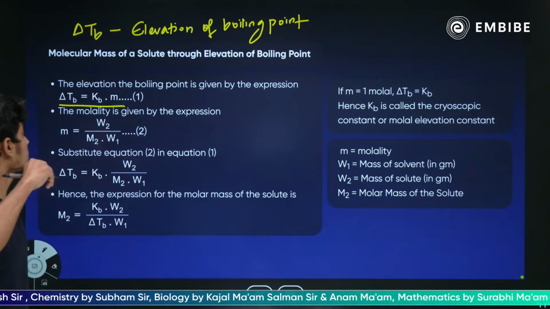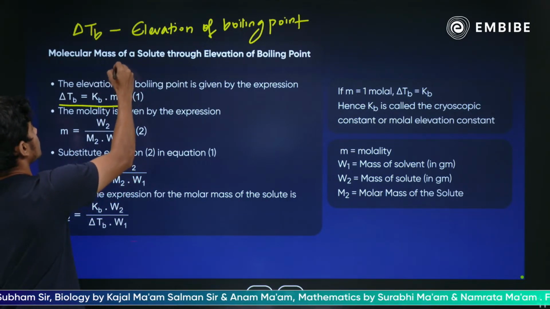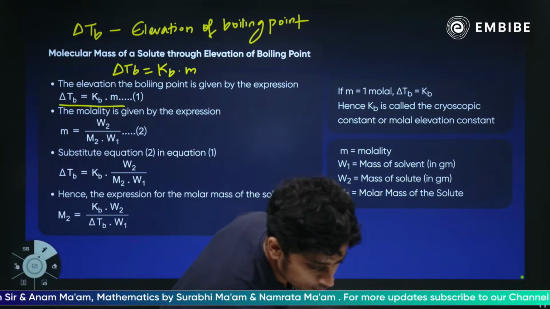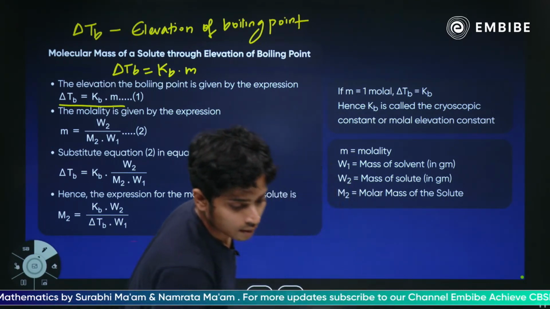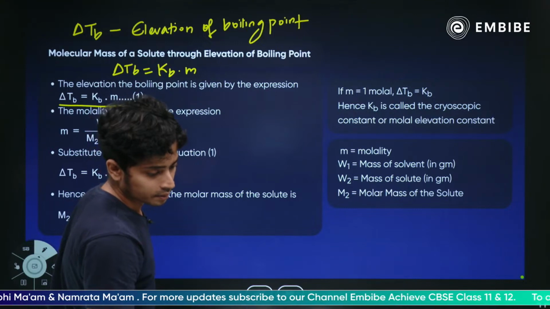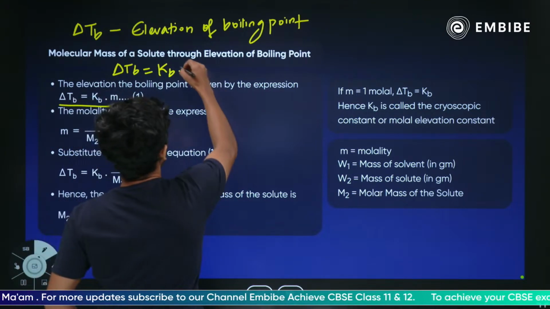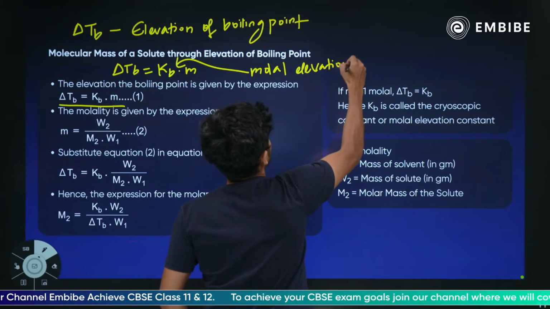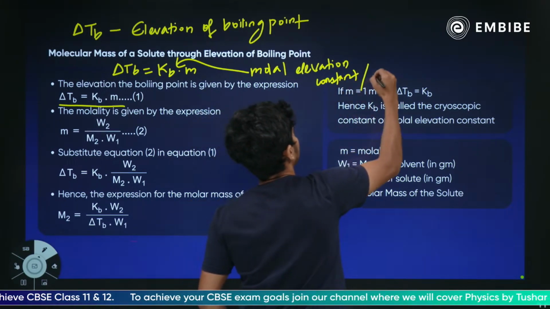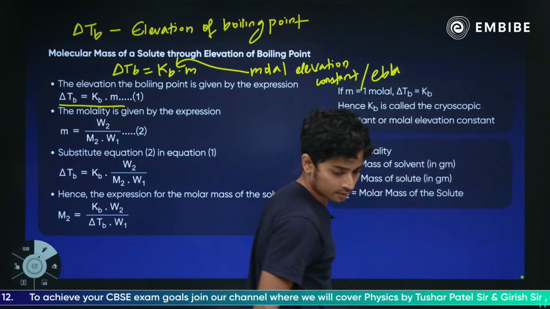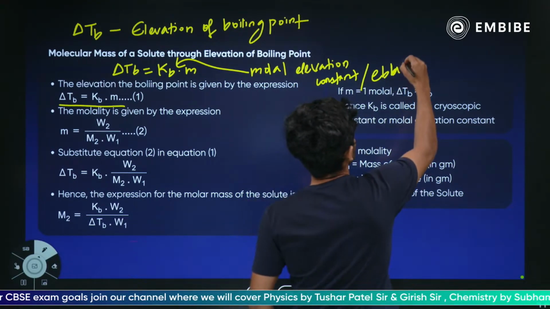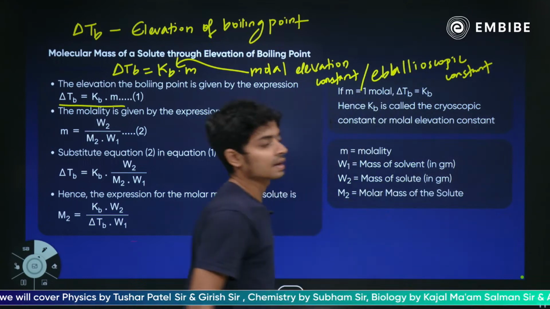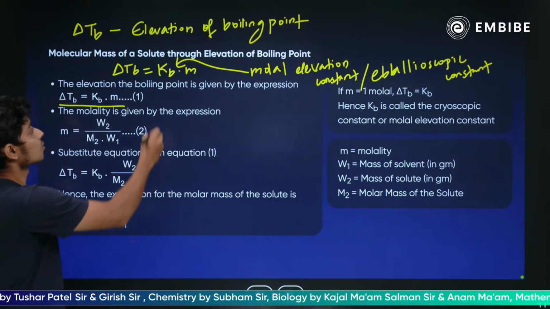ओके, तो आपका डेल्टा टी बी में रिलेशन कैसे वैल्यू निकालोगे? डेल्टा टी बी इक्वल टू के बी इंटू एम। के बी को हम लोग बोलते हैं मोलल एलिवेशन कांस्टेंट और एबुलियोस्कोपिक कांस्टेंट। सॉरी, स्पेलिंग थोड़ा डिफिकल्ट है, एबुलियोस्कोपिक कांस्टेंट। तो आपका एलिवेशन ऑफ बॉइलिंग पॉइंट ये वाला फॉर्मूला होता है।